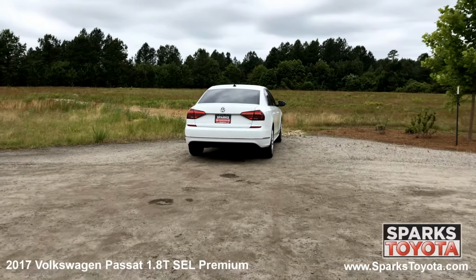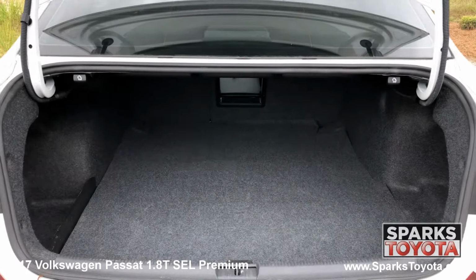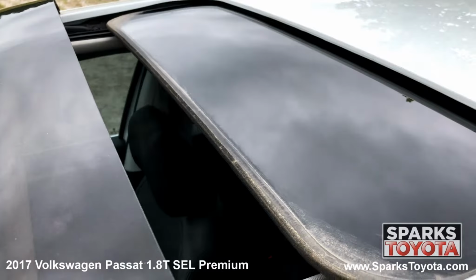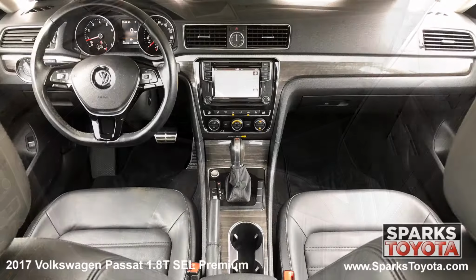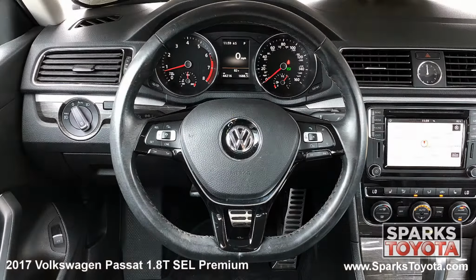Parking sensors, large LED brake lights, the shark fin antenna, a very spacious cargo area, and a comfortable heated back seat with cup holders. We can't forget about the power sunroof, the front row power heated Vienna leather bucket seats with driver memory, selective internet, a push button start, distance pacing, a garage opener, a tracking system, a leather steering